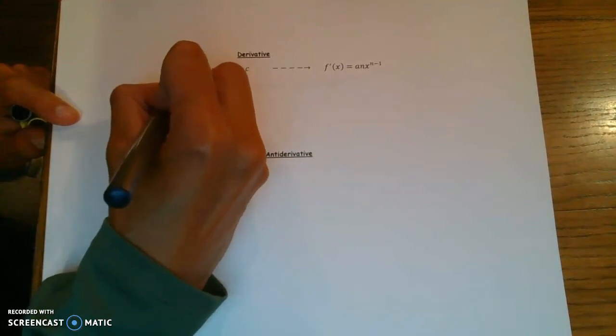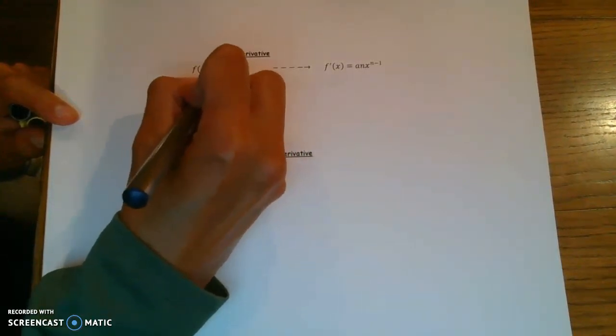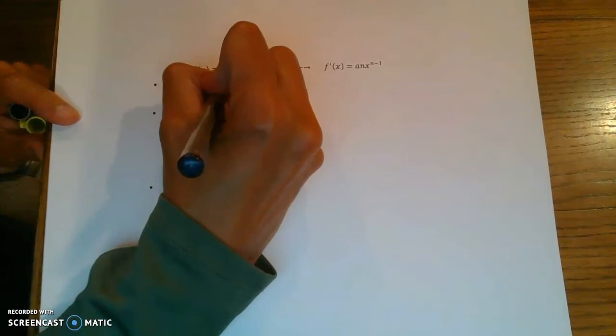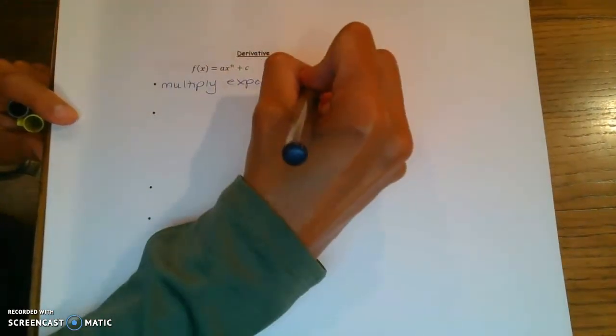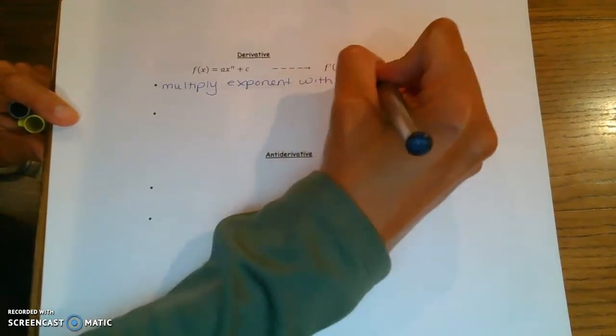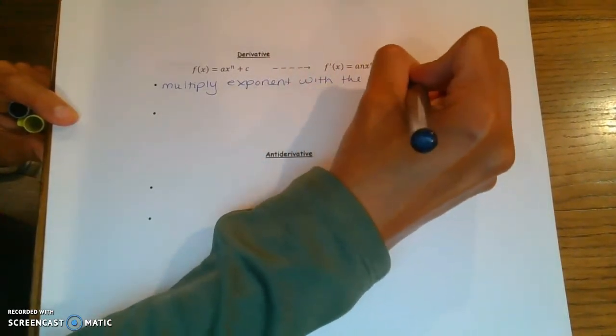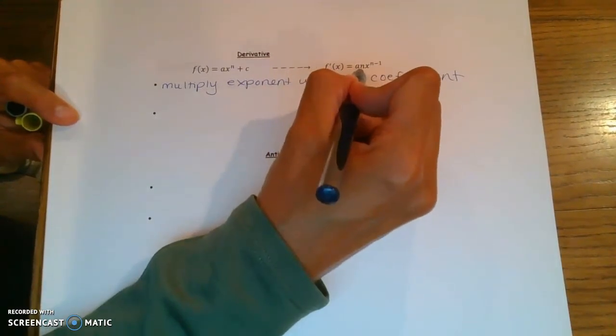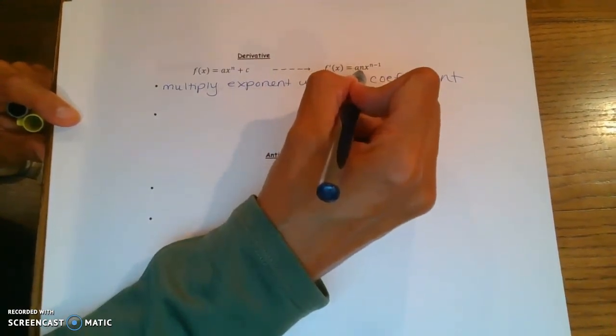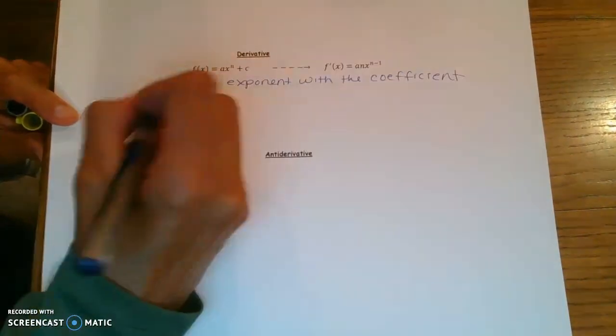So my first step is to multiply the exponent with the coefficient, right? You know that's our first step. That's why I get a times n x. And then my next step is to